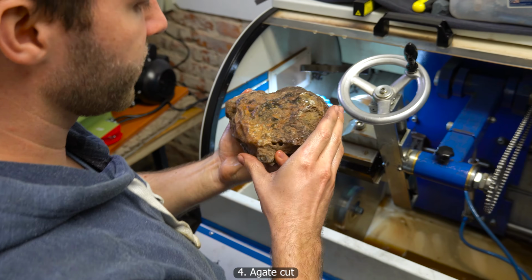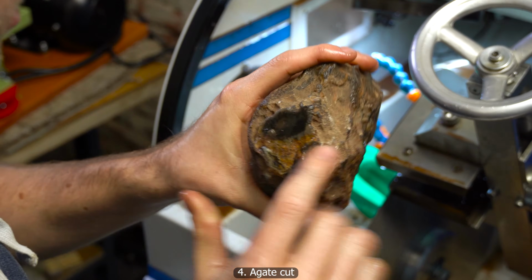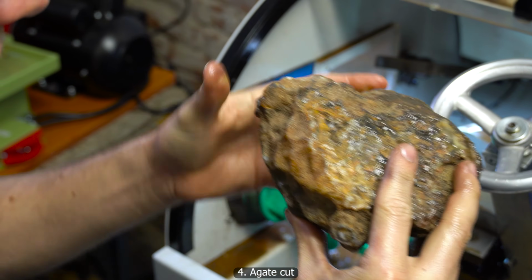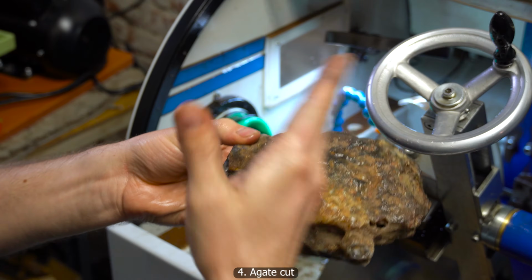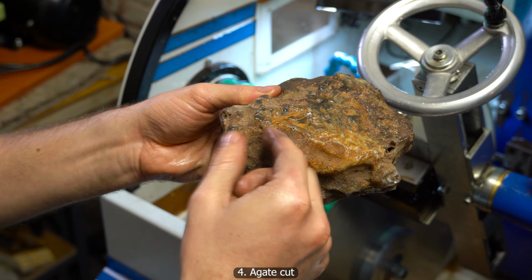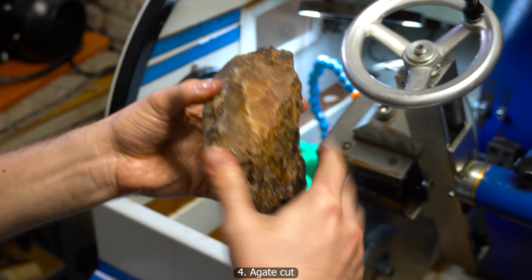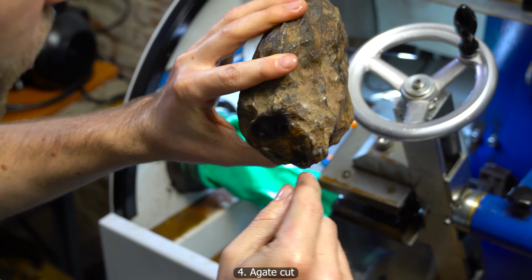This is probably the largest Botswana agate I've ever cut. It's a pretty easy decision for me on how to cut it, because in this section it seems like it has almost no banding, but it has a few fractures going on. So because there's such a large broken window up top the entire surface here, I have no way of cutting it in any angle like this, despite if I cut it very close to this very unexciting area over here. So in order to still get a very nice banded piece out of it, hopefully that doesn't have a lot of fractures, I will cut it right in between the 2